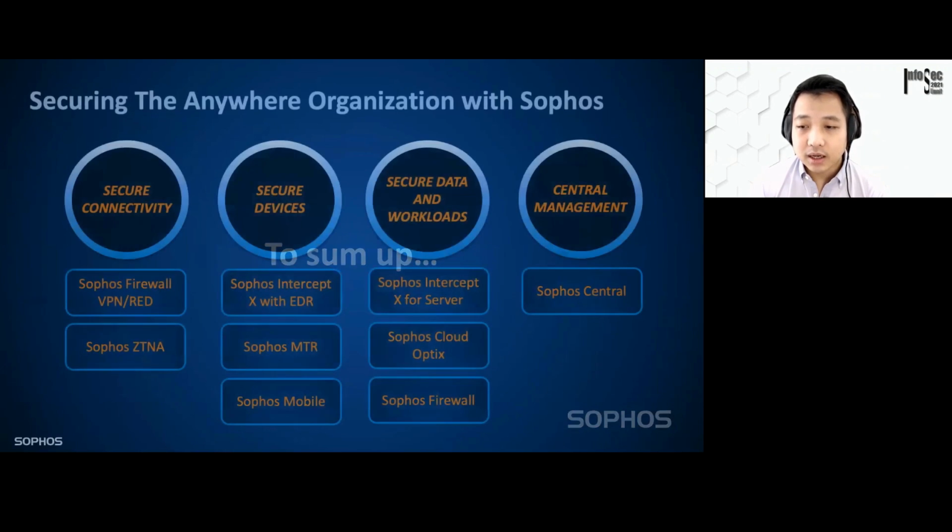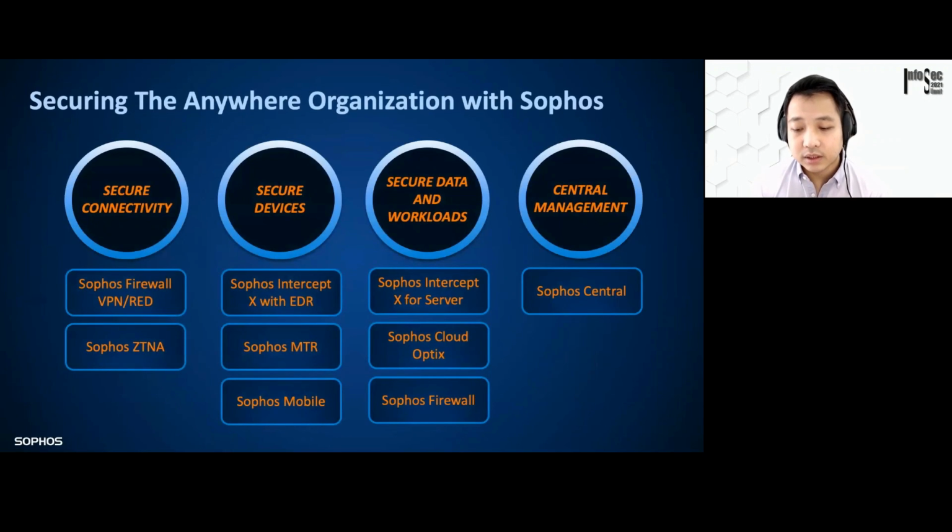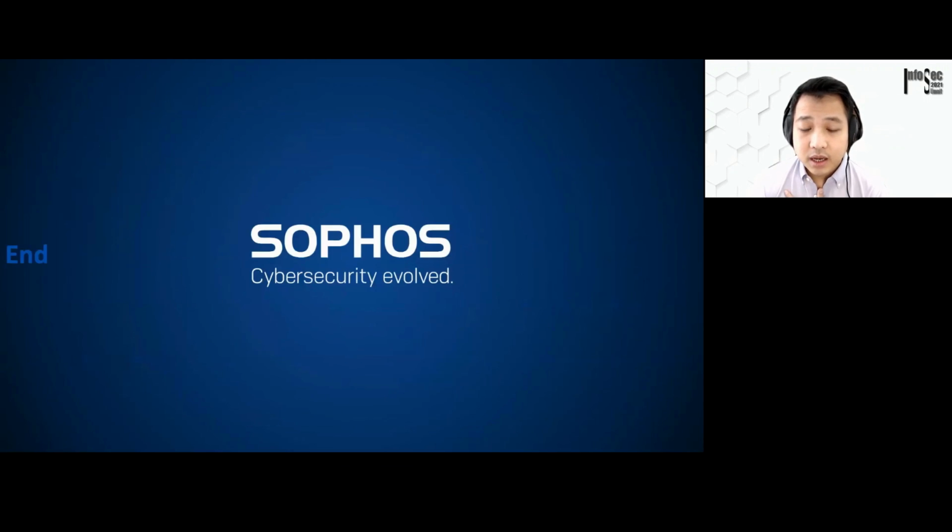Just to sum up, let me wrap it up. Securing the anywhere organization requires providing secure connectivity, secure devices, and securing workloads hosted in the cloud or in the data center. And of course, above all, you need to have a central single pane of glass to manage all these protection mechanisms. So with that, I'd like to end my